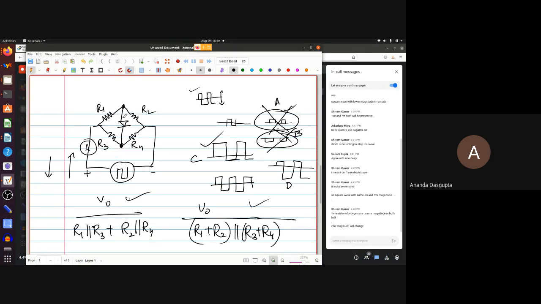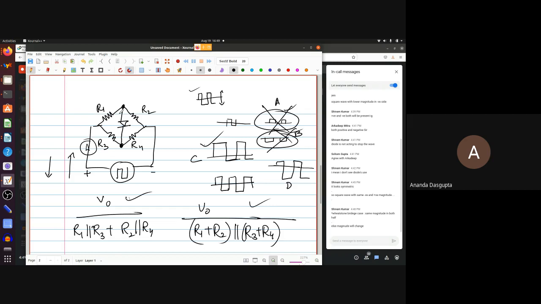Neither does the current flow. So you can either treat them as an open circuit because current is not flowing, or treat it like a short circuit because there's no potential drop. Either case, you should get exactly the same result. And you can check for yourselves that the effective resistance you get in both cases will be exactly the same.